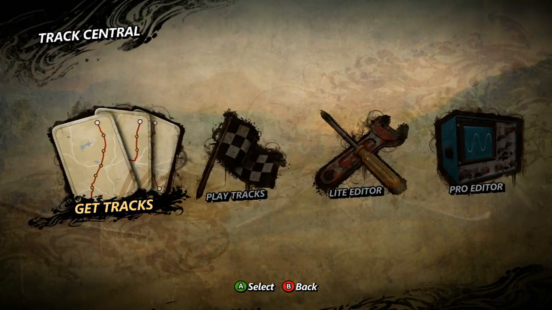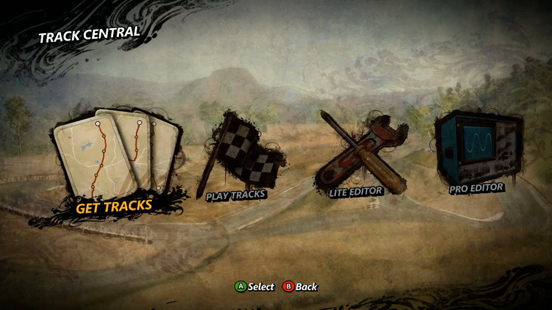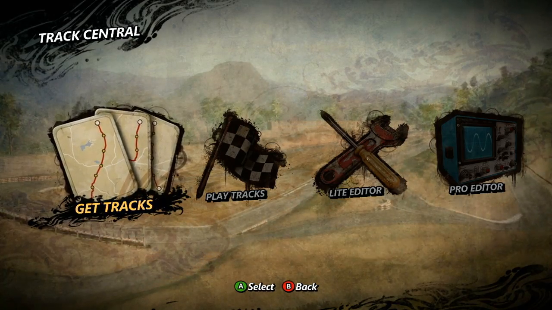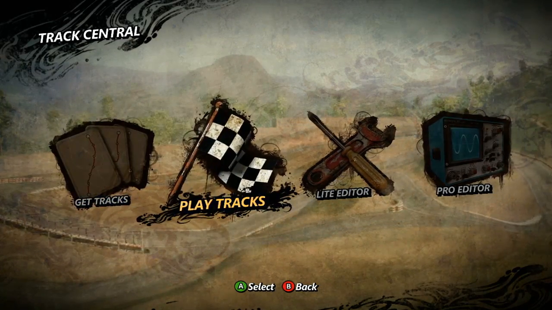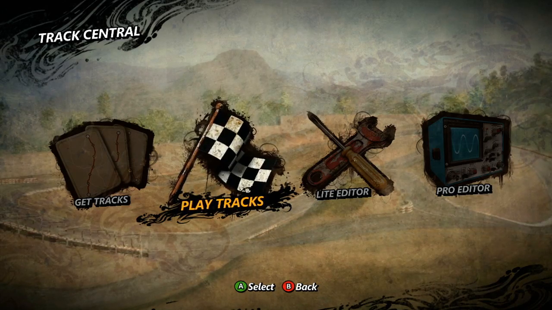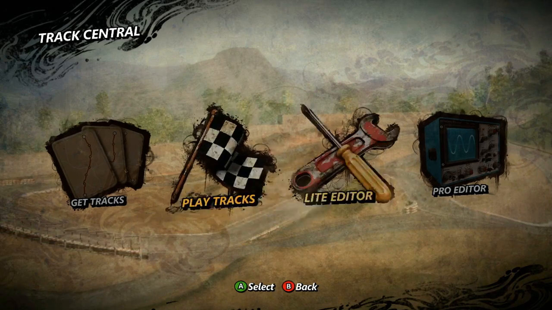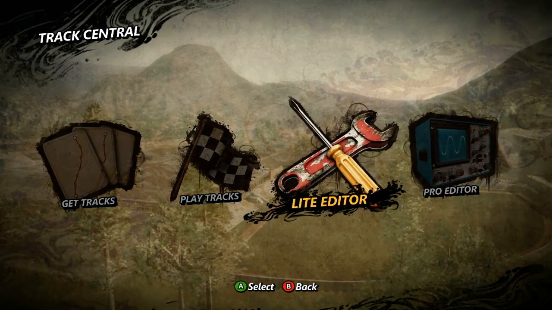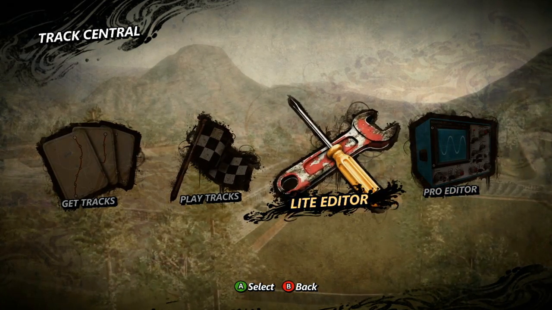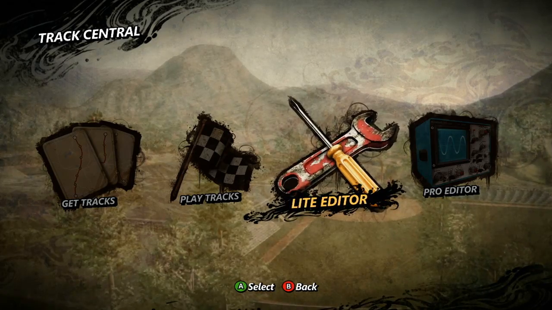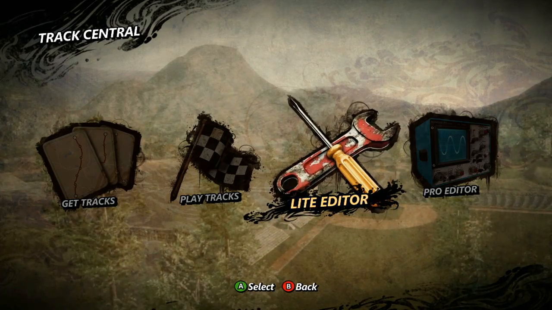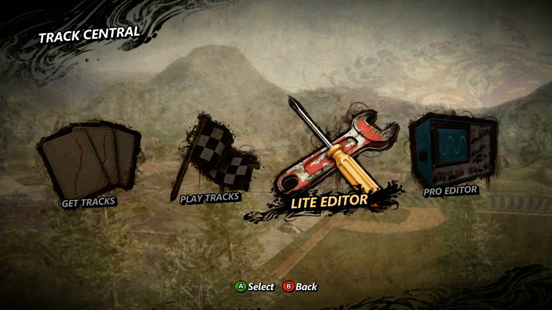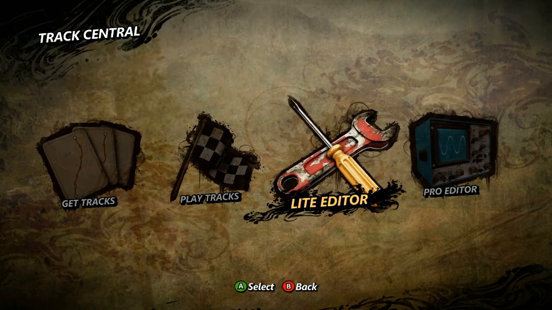Within this menu you have four options. Get Tracks will allow you to download tracks from the Trials Evolution Track Central, and Play Tracks will let you play downloaded tracks as well as any of your own shared tracks. Light and Pro Editor are your two options for building tracks. We'll cover the difference between the two a little later when we start to discuss more advanced options. For now, everything we'll be discussing is available in both the Light and Pro editors, so I'll start by selecting